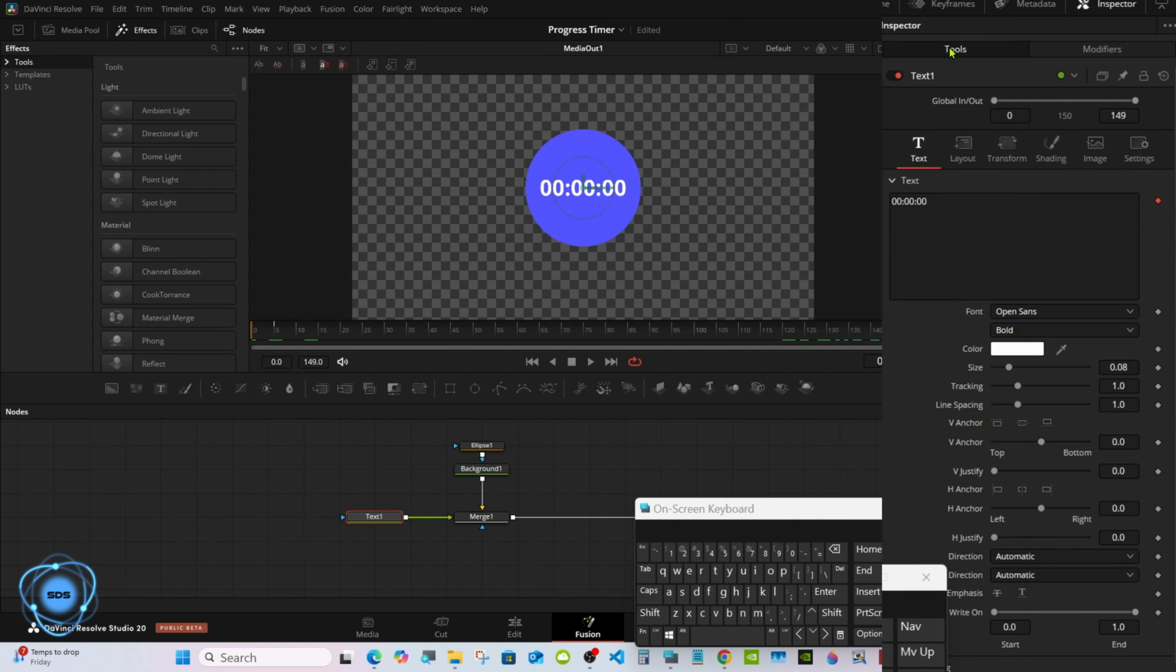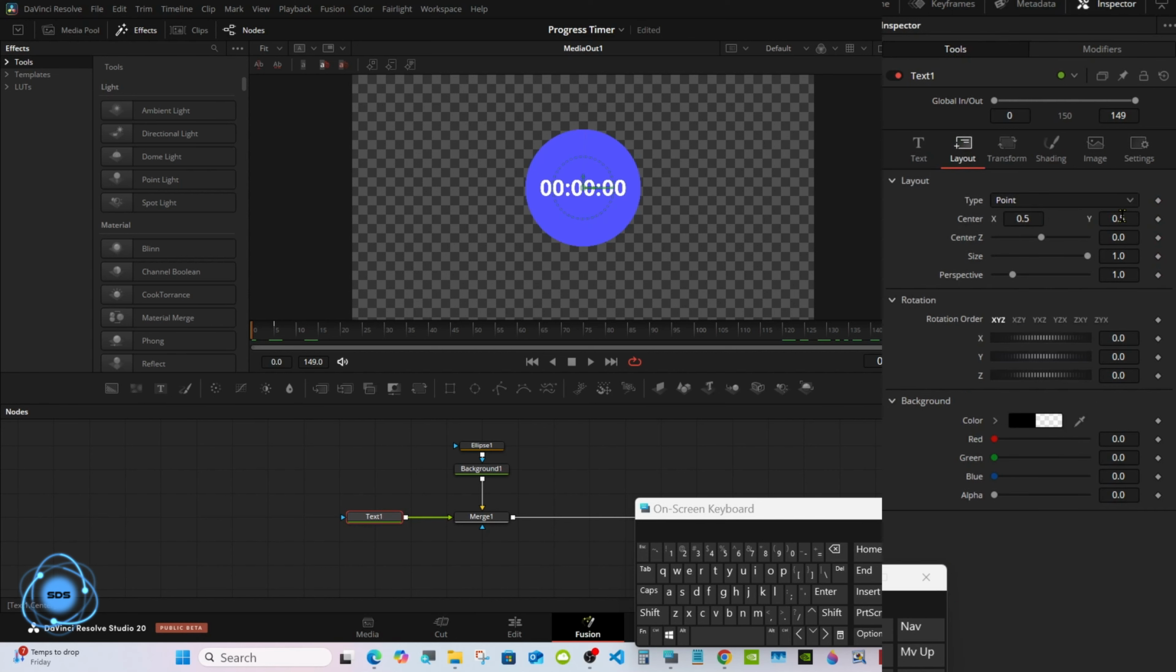If you want to move the text, go back to Tools, Layout,